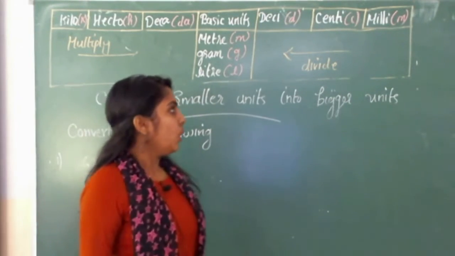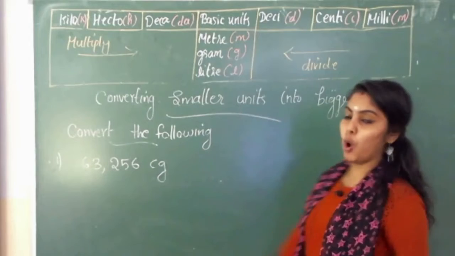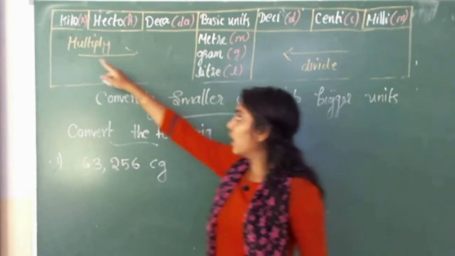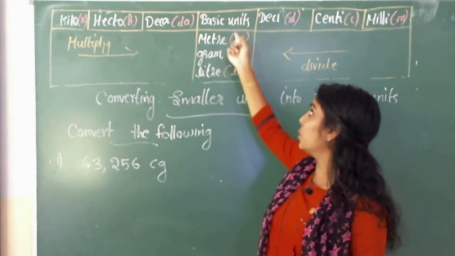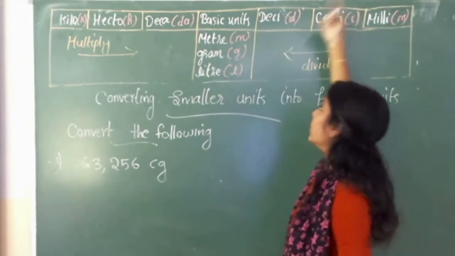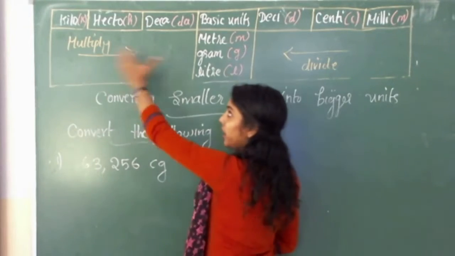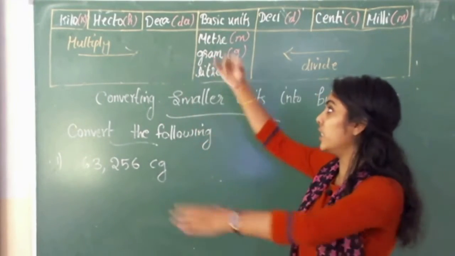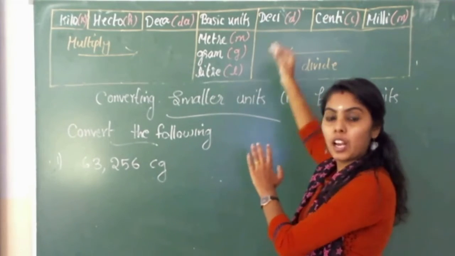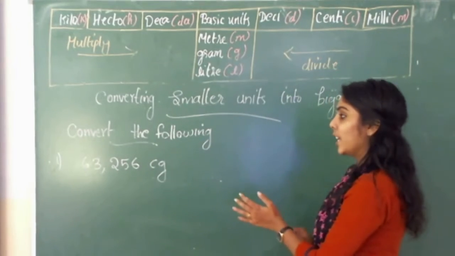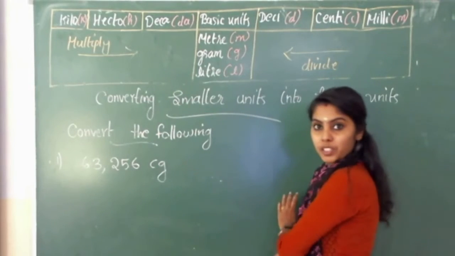So you know, in the last class, conversion of the bigger units into smaller units, they were given like this: 5 kiloliter, 6 hectoliter, 7 decaliter into liter or into decaliter or into centiliter. So we have to convert the given metric measures into a particular unit, a particular deciliter or decaliter, like that they will give. But here in this case you can see they are not given any particular unit to convert.